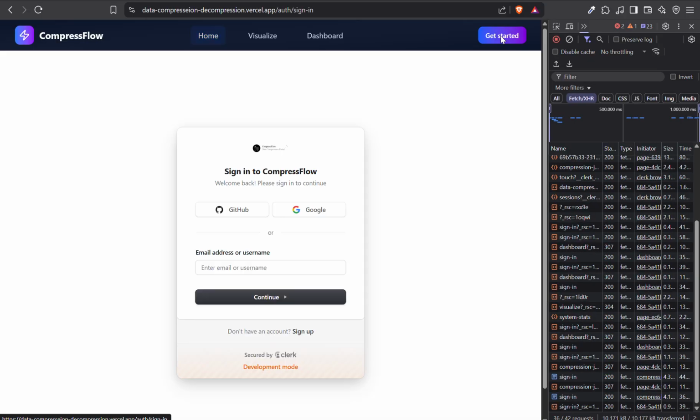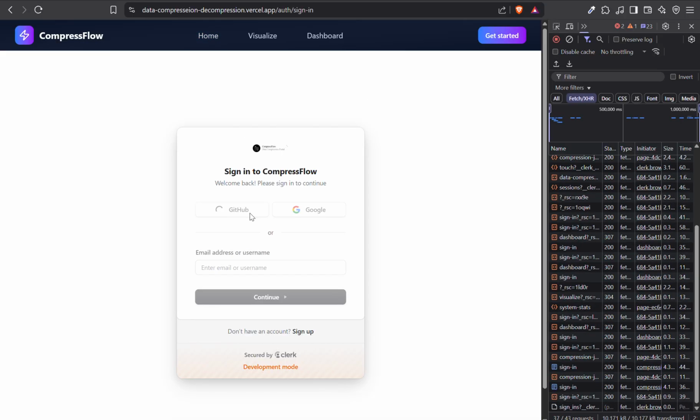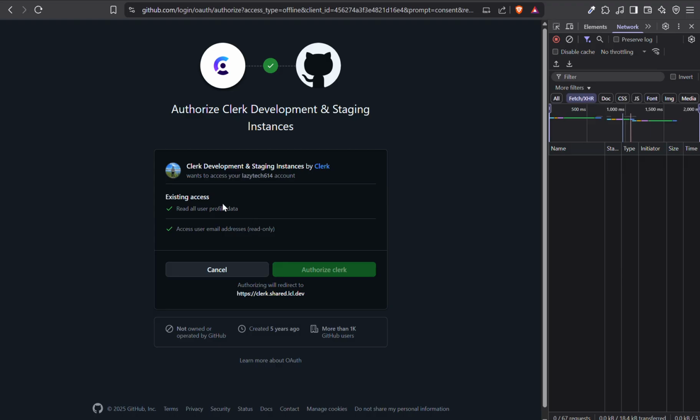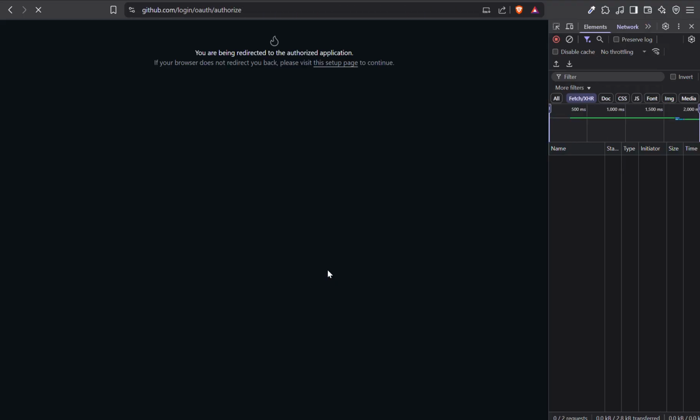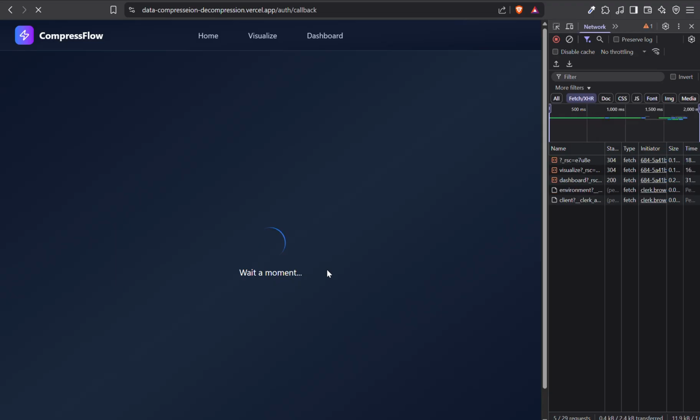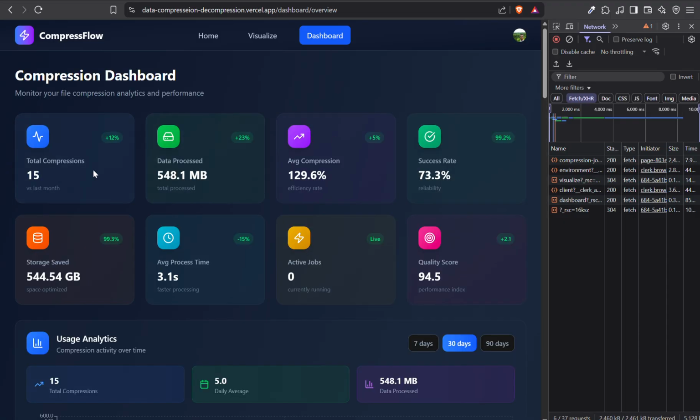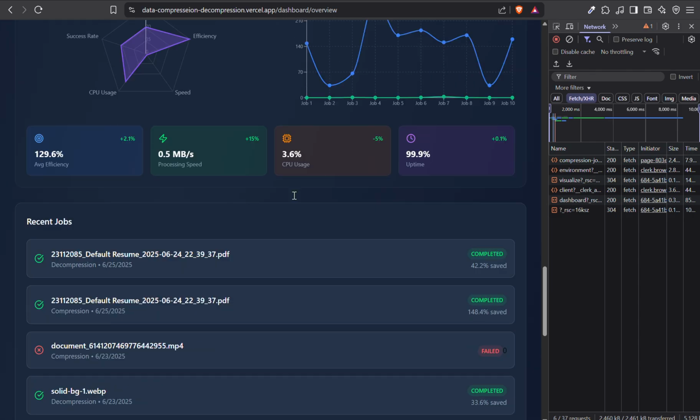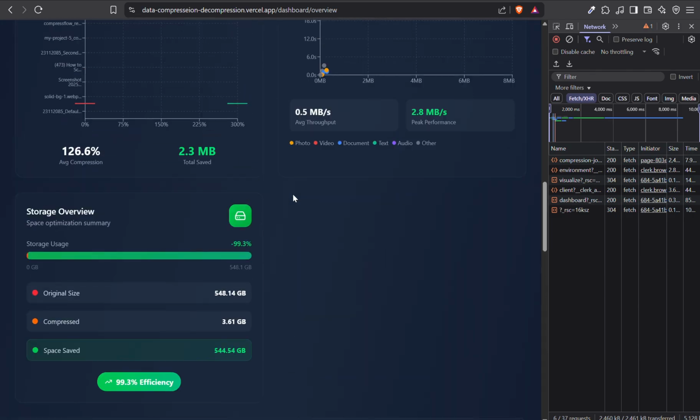So let us try to sign in. I'm doing it using GitHub. You can do it using your Google also. It is redirecting me to the dashboard page, the user dashboard. Yes, so this is the dashboard page where you have different types of